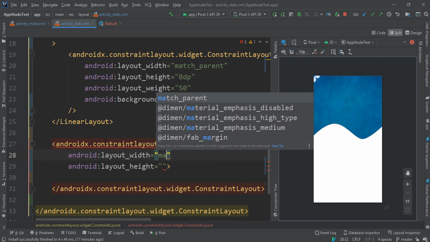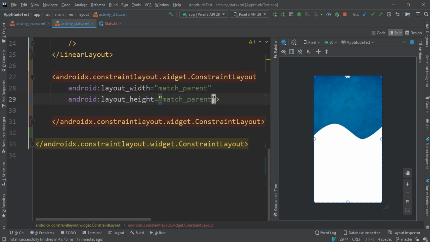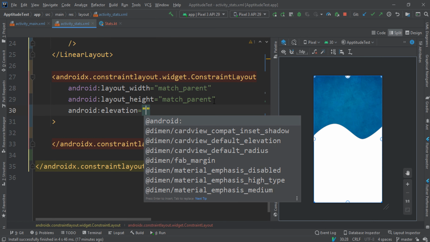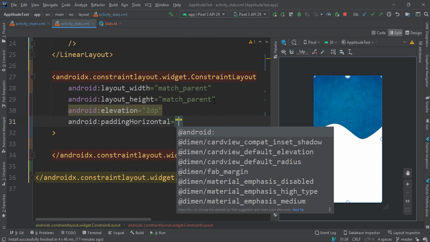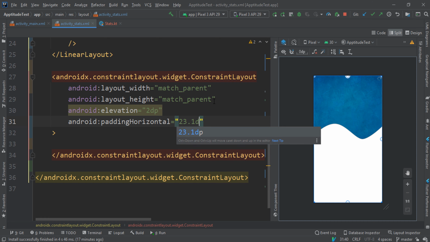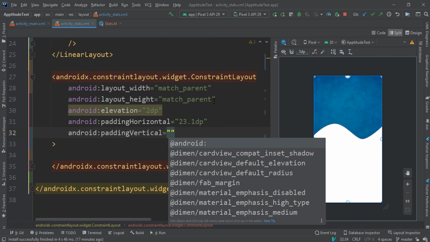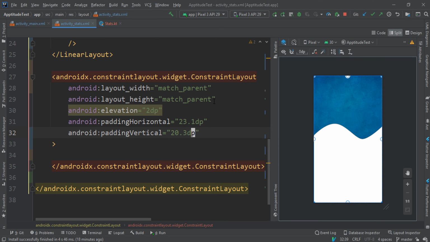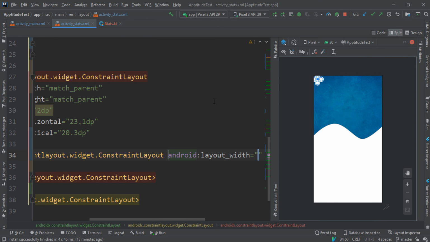So for this one, we have to match parent because we want to cover the previous linear layout, and we have to add an elevation of 2 dp. This is more like a z index, at a padding horizontal of 23.1 dp, and also a padding vertical of 20.3 dp. And inside there, we're going to have another constraint layout. I'm going to break this down